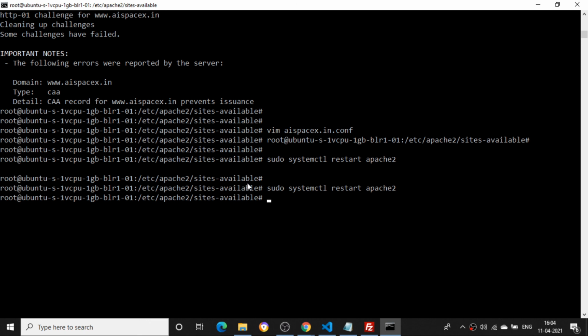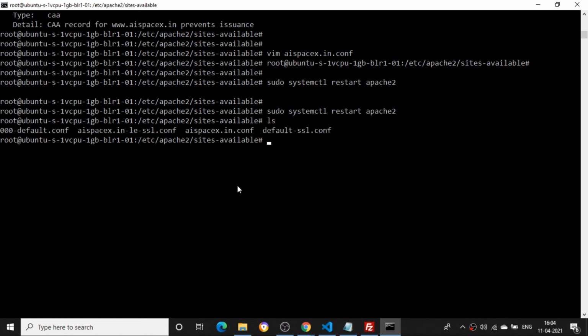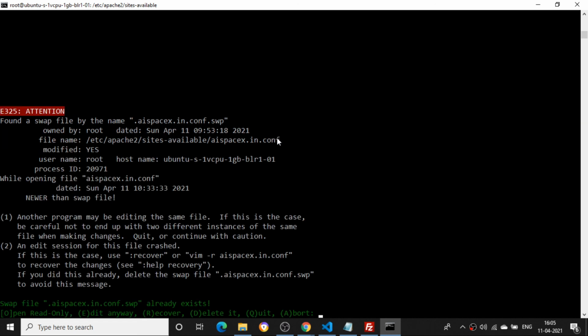See here, if I go to sites-available, inside here I have two things. If I just do ls, you can see these files. There is one configuration file, and one more file, the SSL certificate file, aspacex.in-le-ssl.conf. So what I need to do here is vim aspacex.in.conf.